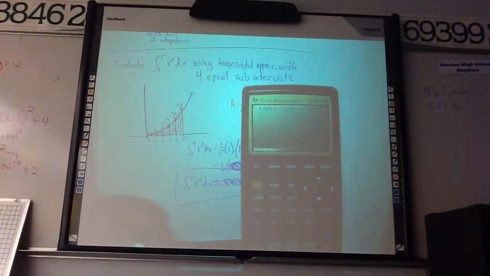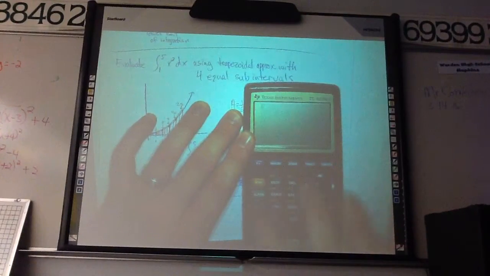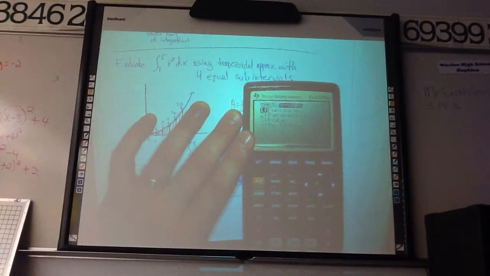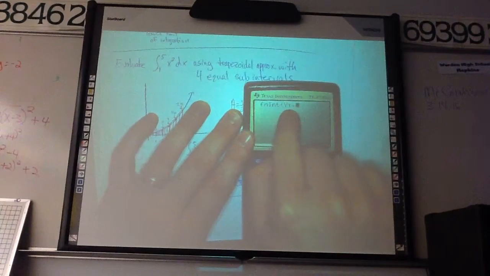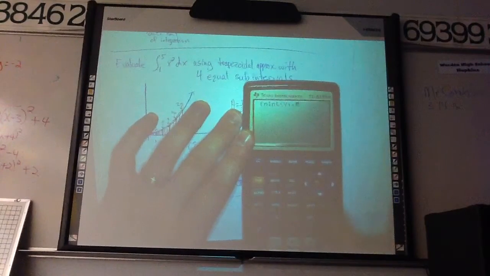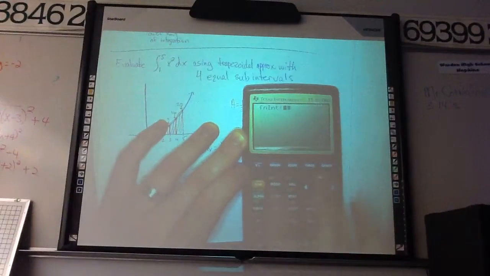If you're going to do this multiple times, it might be easier to do it as y equals and then use y1, or if you have multiple functions. But if you're just doing it one time, you can do that. Remember we used to go y equals, and then we would put x squared. Then we'd go math, fnint, and then you had to do the vars, function, y1. That just uses whatever you typed into y1 to evaluate the integral. So it's the same as if we just type x squared, comma,